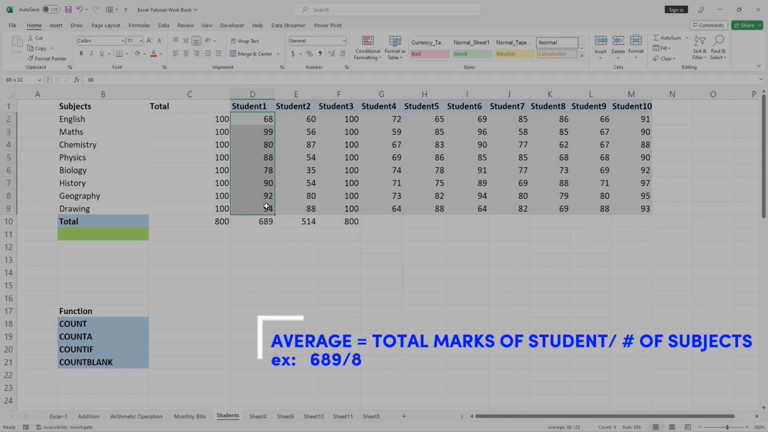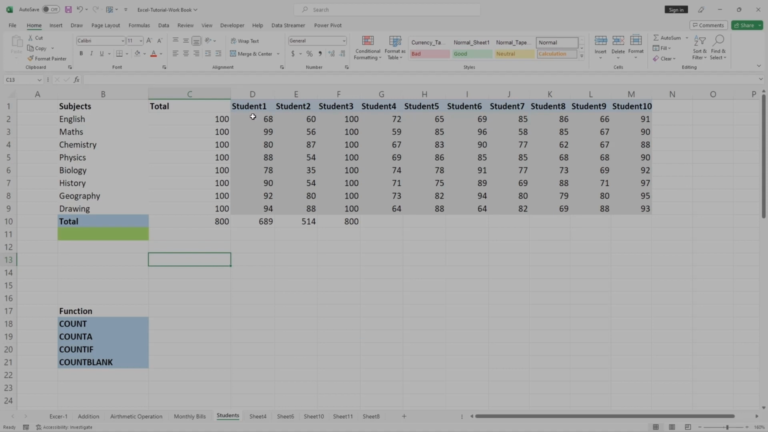Let us understand and find out how to find average for each student. Average is the total sum of the marks obtained by each student divided by number of the subjects. To find out average, there is a simple way. If I wanted to find out average for student number 1,